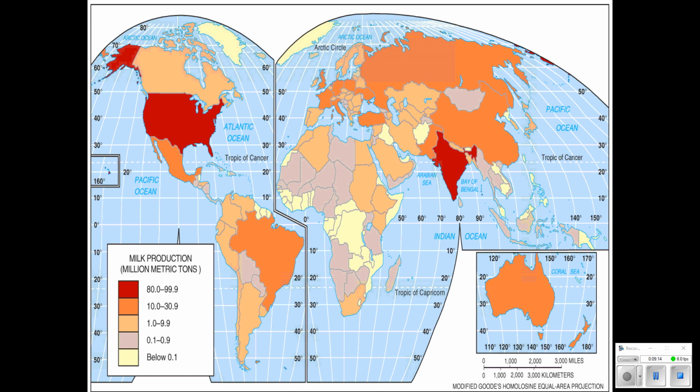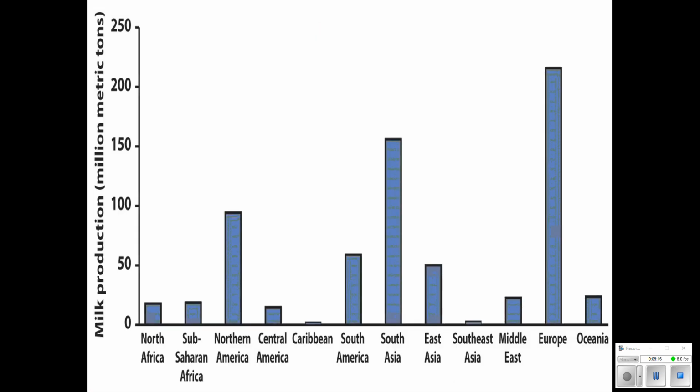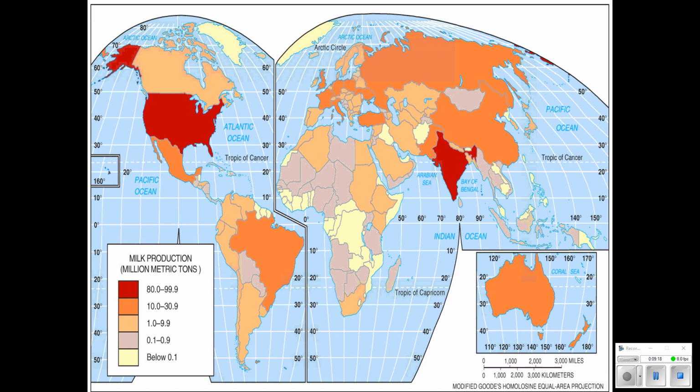And then this just kind of shows you the same thing from the chart to the graph to the map. And so it's very important that you can see these patterns not only in the quantitative form, but when you put it on the map here, those quantities become very visual for you to be able to see the patterns and be able to explain those.